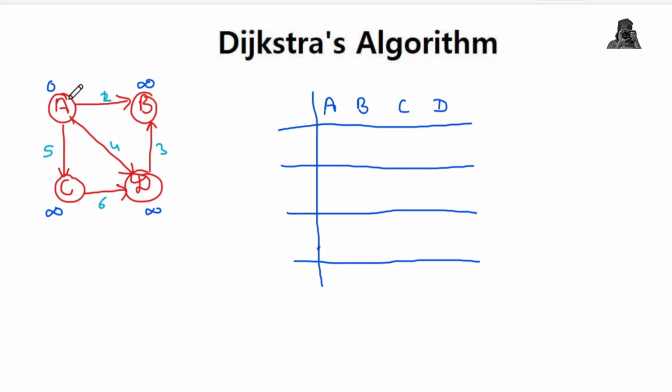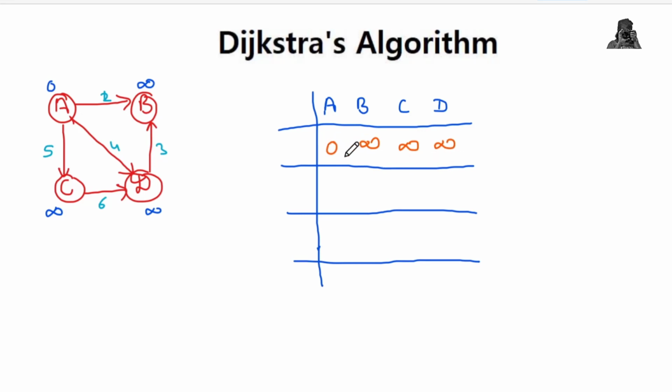So we can reach directly from A to B, and another path is we can first go to D and then B, or the third path may be A to C and then D and then B. But we need to find the shortest distance, so that's why we are applying this Dijkstra's algorithm. So let's now apply and find the shortest distance, and at the end we will find the path of that shortest distance. So at first step, let me write here the values of the distances for each vertex of the graph. So these are the values.